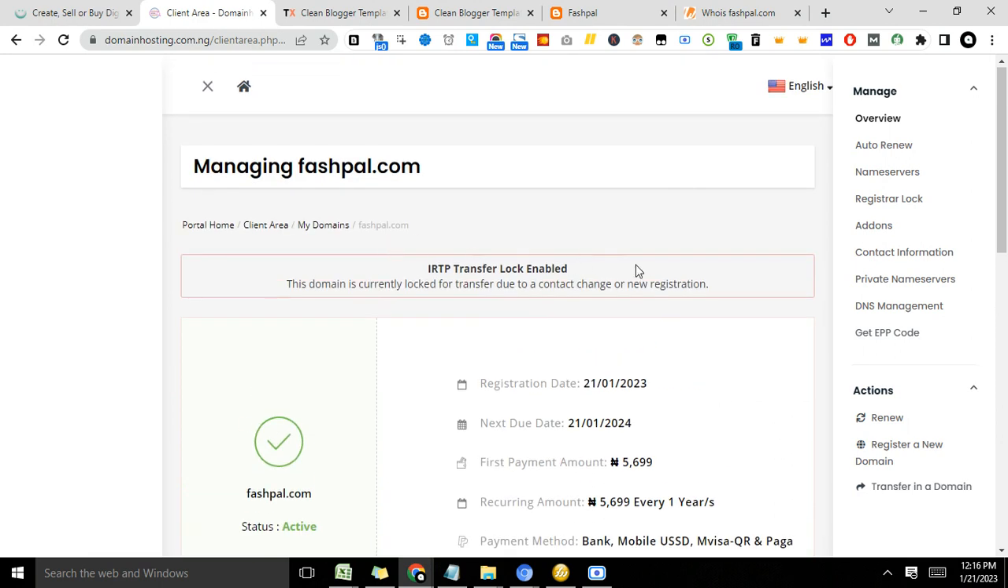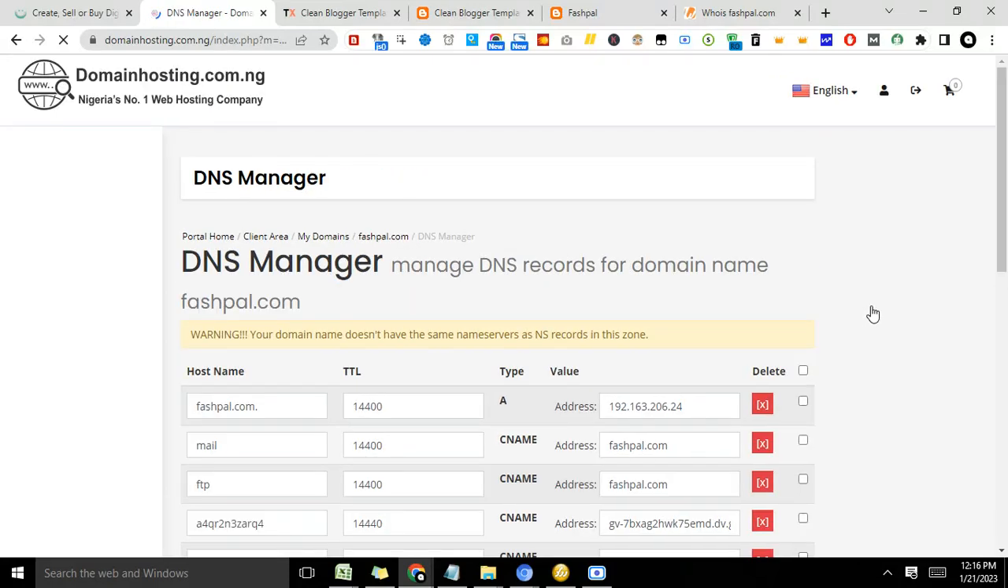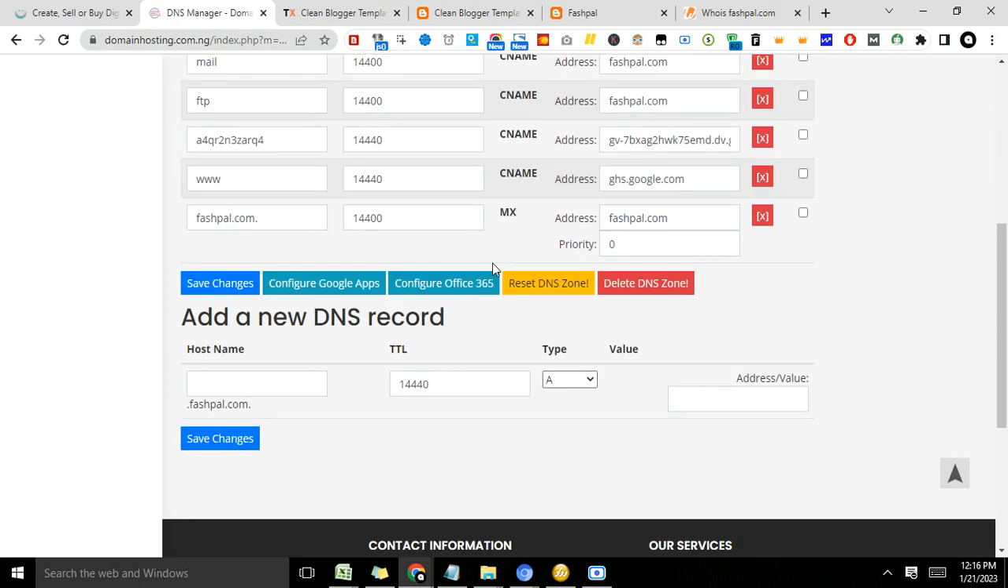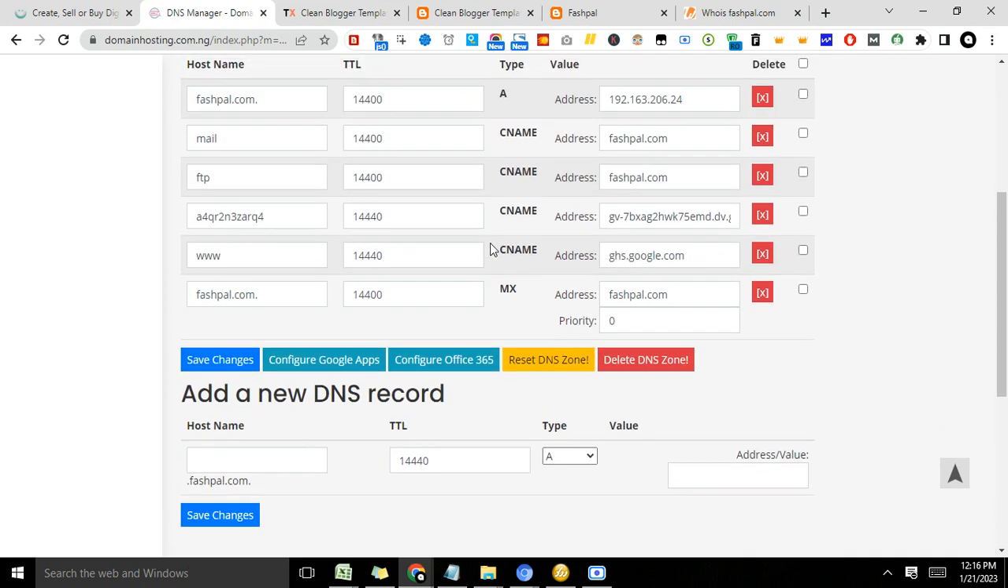Okay, so let's click on DNS management again. So now the next phase, like I said earlier, is to generate content, right? While waiting for the Google propagation to take place. So to do that,